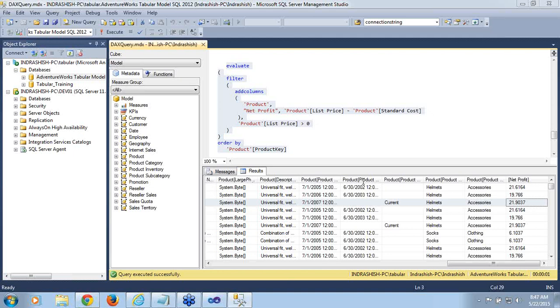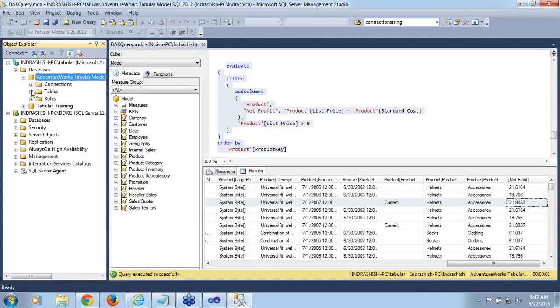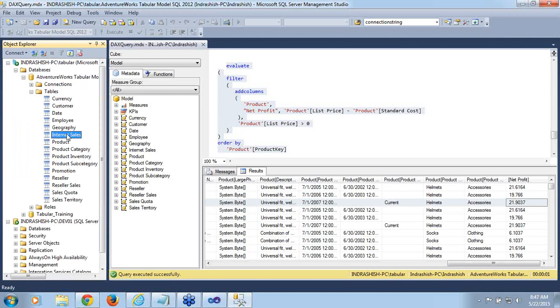No, in DAX query there is nothing like they don't start with fact. So it depends on how you have named your tables in the tabular solution. I'm using the AdventureWorks tabular solution. Here in AdventureWorks tabular, if you look at your tables, there is nothing like fact. It's only internet sales, reseller sales, date, product. So it is not